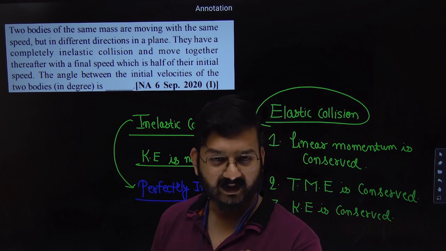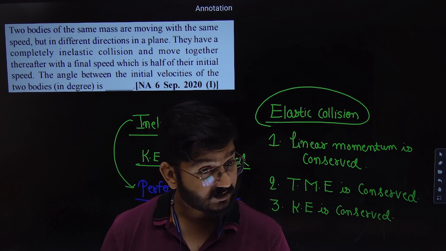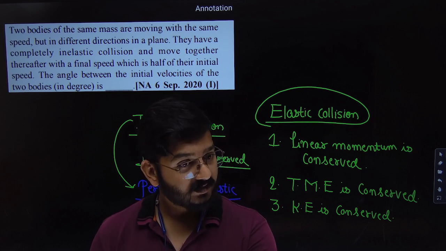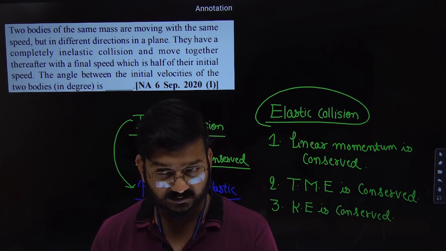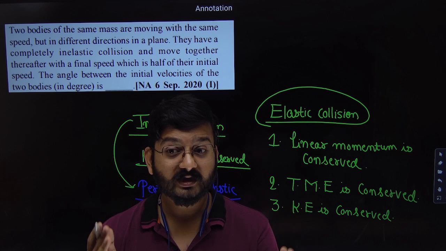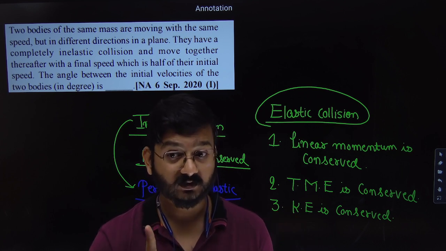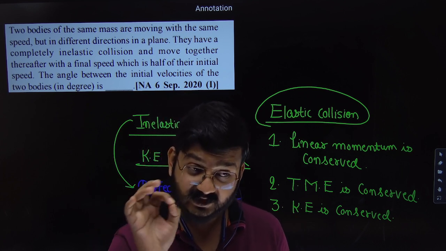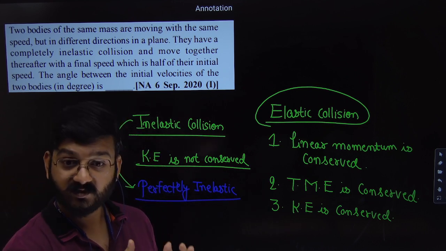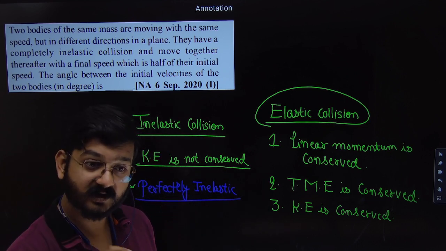Tempo is there, or bike is there, or car is there with a train. What will happen? The train will drag the car for some distance before it stops. After the collision, what is happening? The car and the train both are moving together with a common velocity. So in perfectly inelastic collision, after the collision, both the objects will become a single object and move with a common